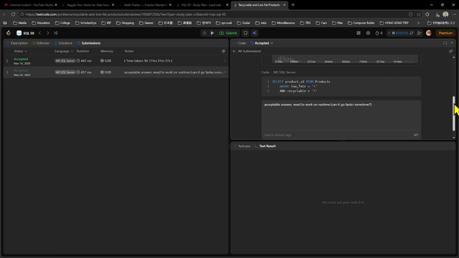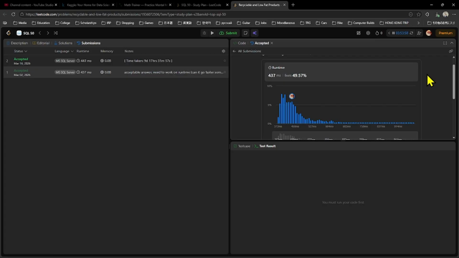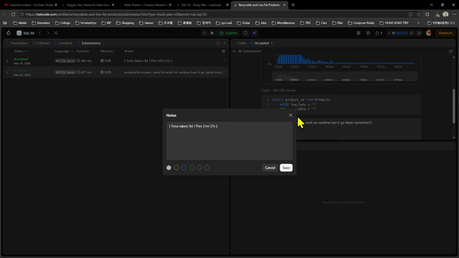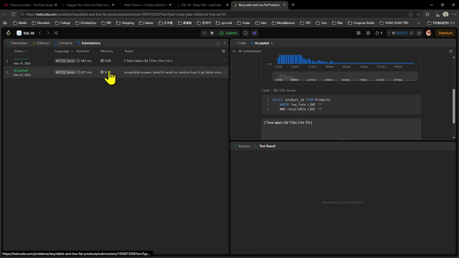Now, this is very rough, it's not exactly the fastest. I only beat 49%, really effectively 50%, of the submissions here in reality. So if you have a better solution to this, please feel free to share in the comments. I am in no means saying that this is the best solution, but this is setting up the context for comparing this query to the other query. Sorry, I just clicked on the notes here. So in the other query,